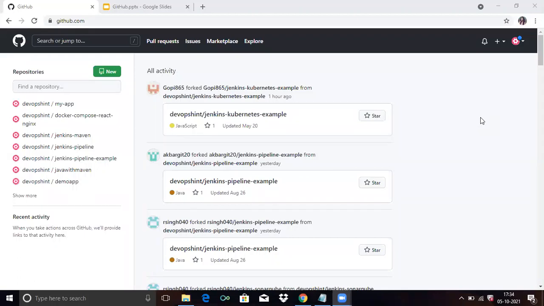In today's session, we are going to talk about GitHub, and we are going to cover how to create a new repository in GitHub. So you can see here, I have already logged in to my GitHub account, and in my previous video, I explained how to create an account in GitHub. So now we are going to cover how to create a new repository in GitHub.